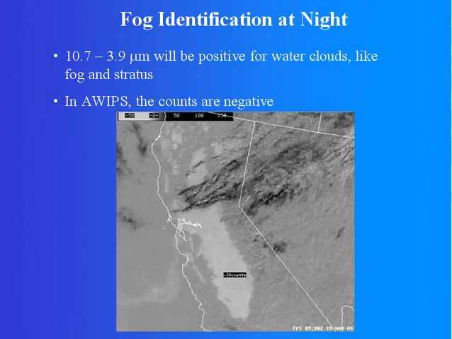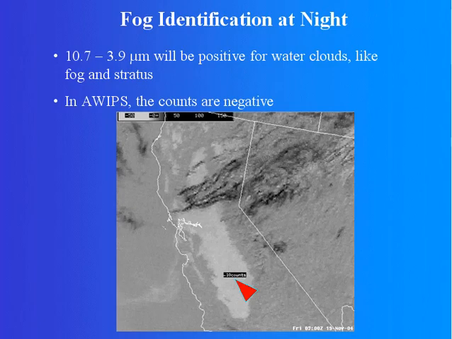As was stated on the previous slide, the difference between the 10.7 and 3.9 channel should be positive for water clouds, and examples of water clouds include fog and stratus. But for some reason in AWIPS, it turns out that the counts are negative. So if you plot up the fog product and actually turn on your sampling and put the cursor over an